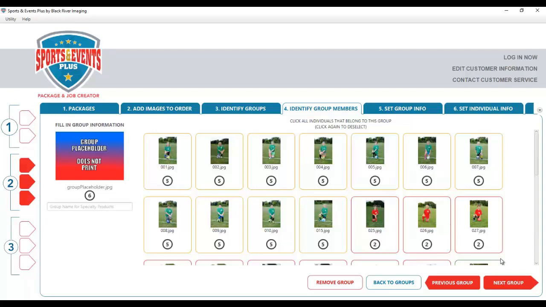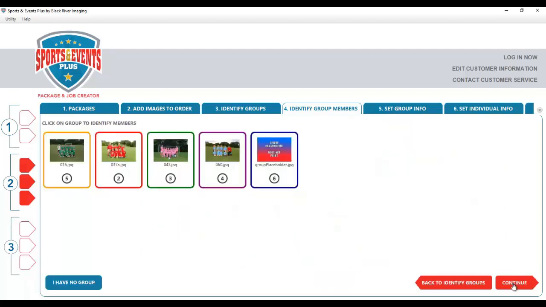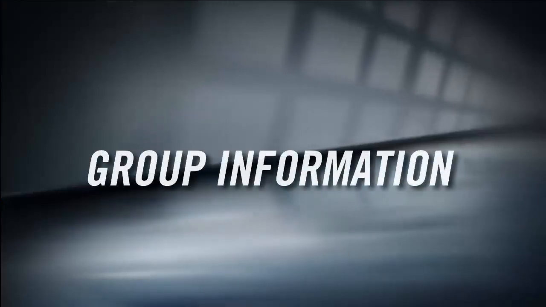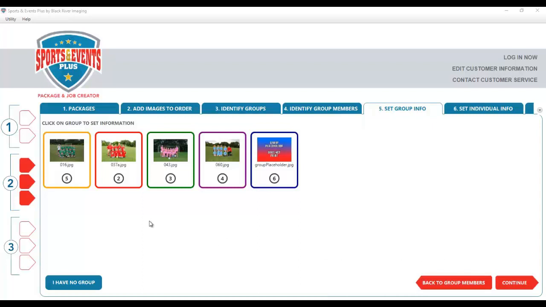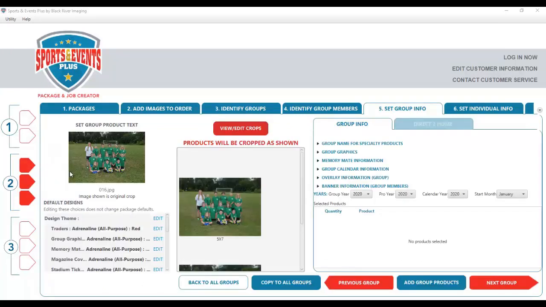When you've completed the last group and click Next Group, you'll be taken to the Step 4 thumbnail screen. Click Continue to move to Step 5, Set Group Information. Click the leftmost thumbnail to begin entering the data for groups. The left side of the screen features a thumbnail of the group in its original crop with the file name